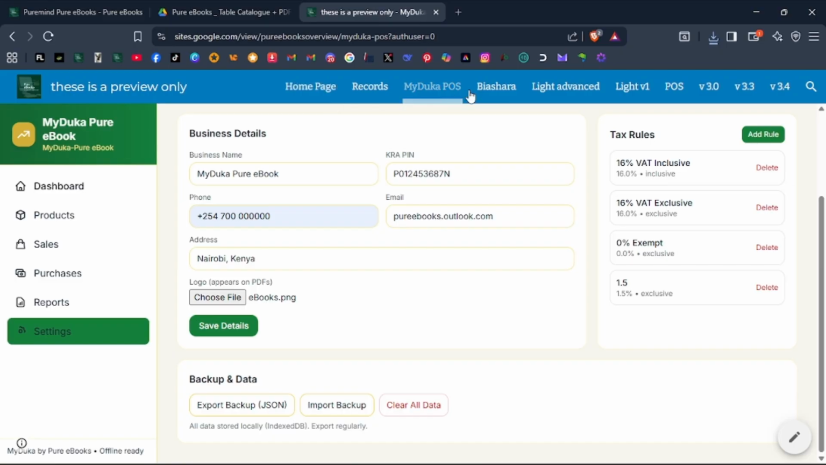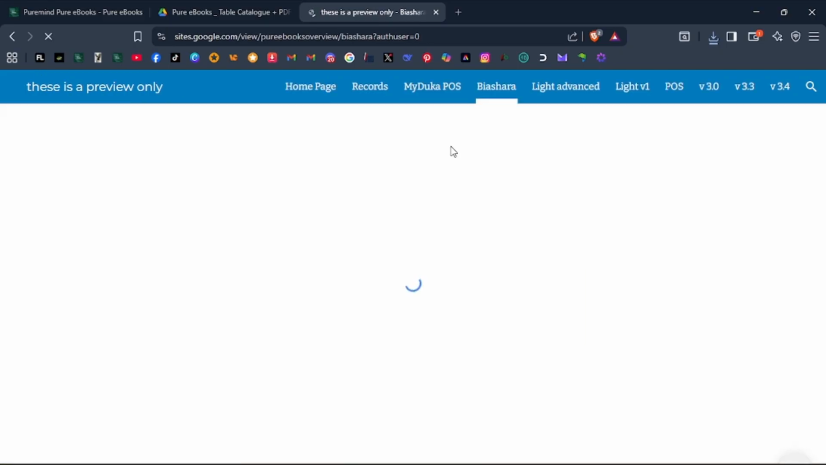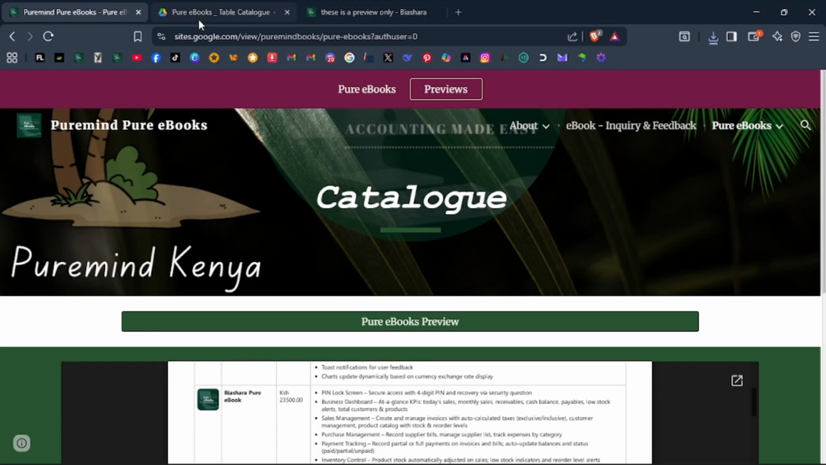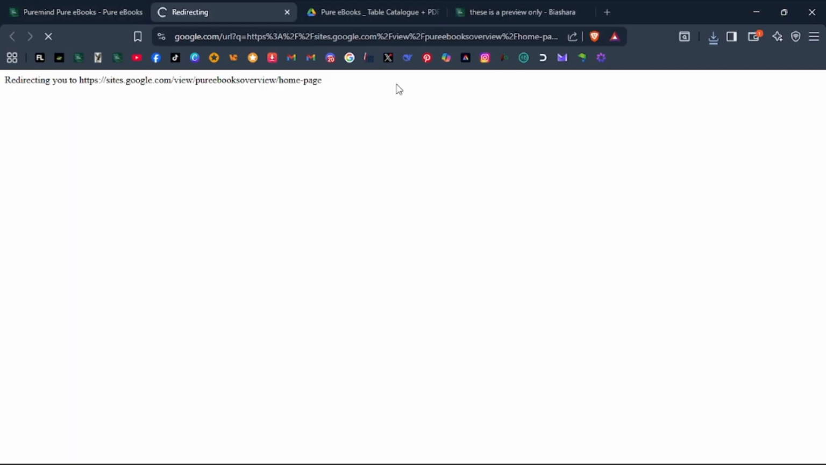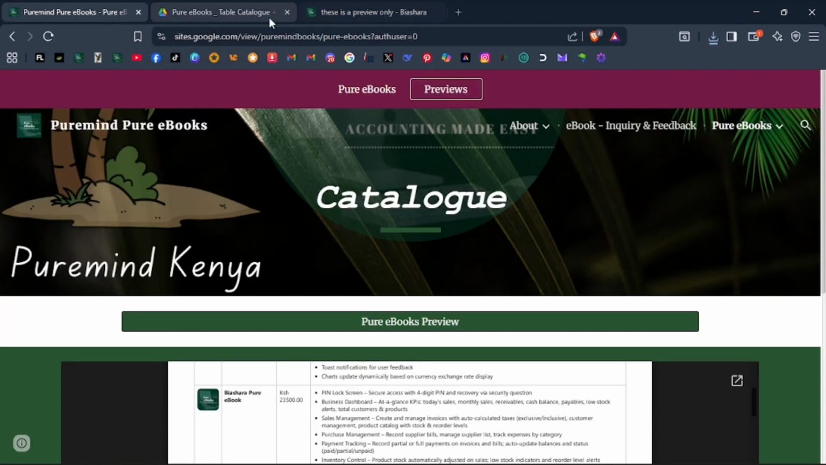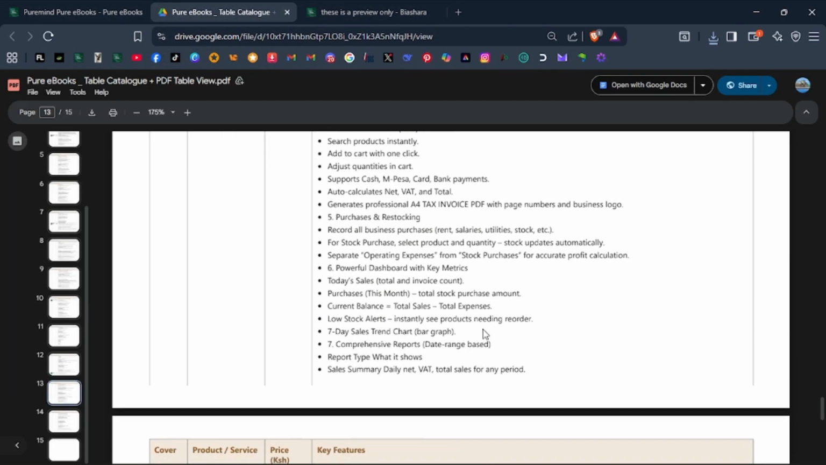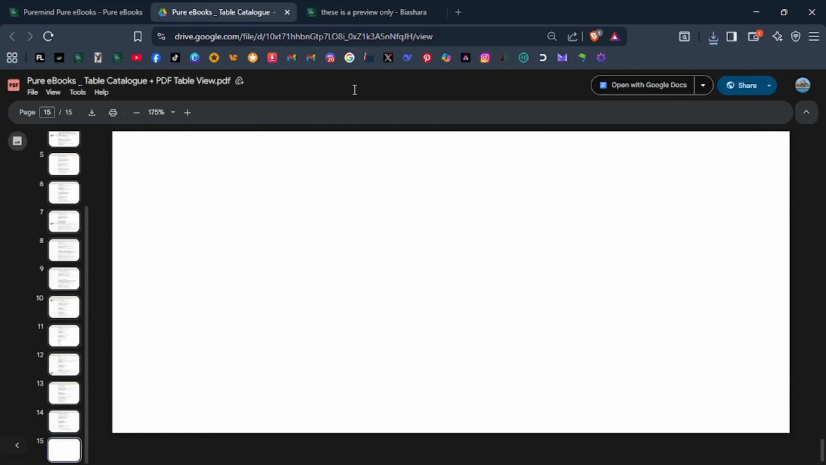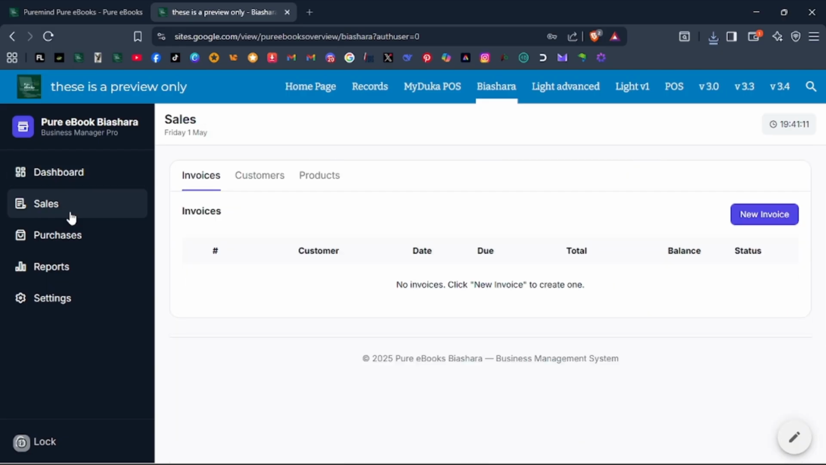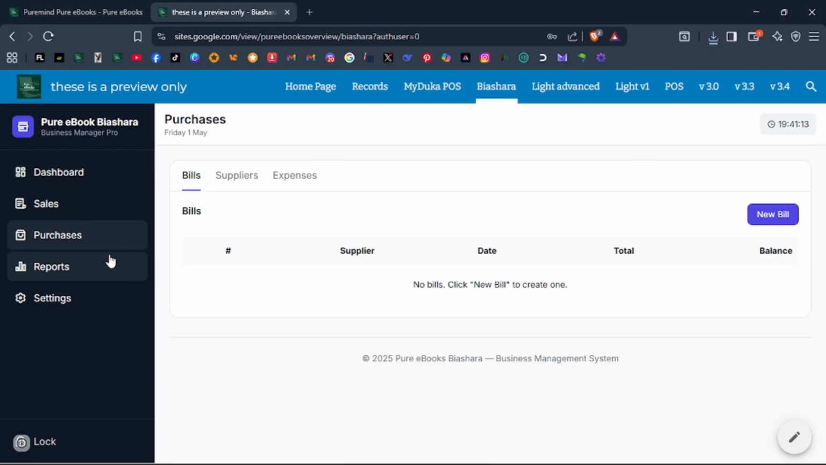Now let's go to the Biashara. I don't think I will be able to show you all of them, but you can preview. You can just visit that page. This page here, you can just preview here and go and preview each one of those pages. Alongside, you can also preview the catalog as you read the functions. This one, it does not give you evaluation